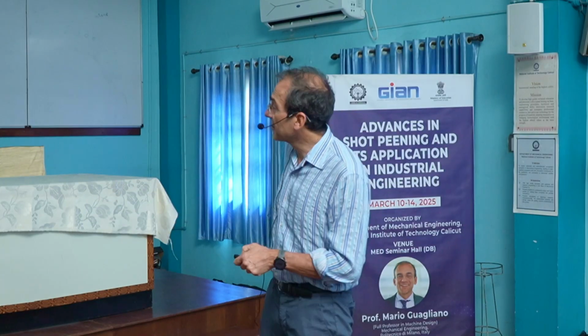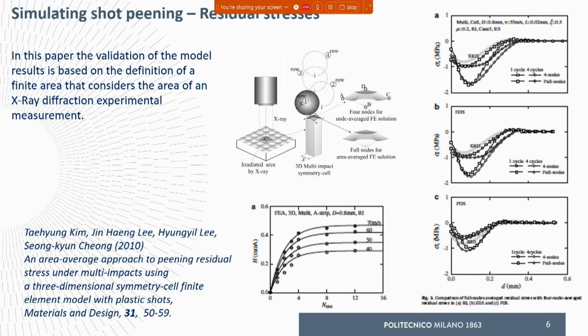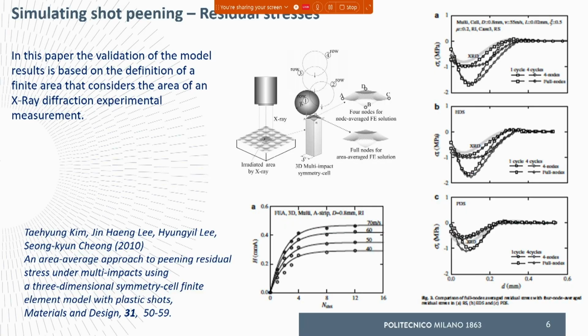And finally, the result was indeed, in terms of residual stress, satisfactory. And also, you can see here two Almen scales with two different kinds of shot. The relation between the shot velocity and the Almen intensity was also calculated and aligned with the experiment. This is another paper we published in